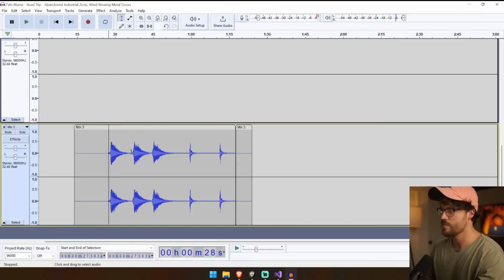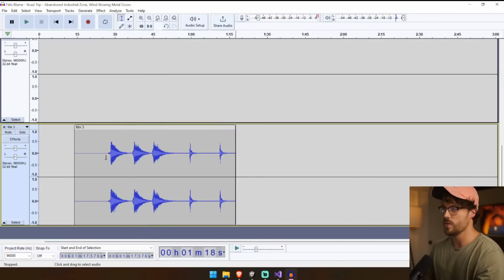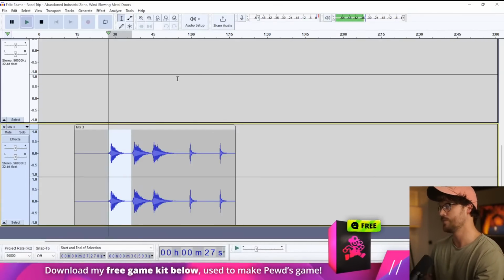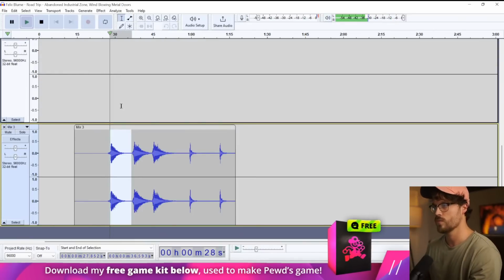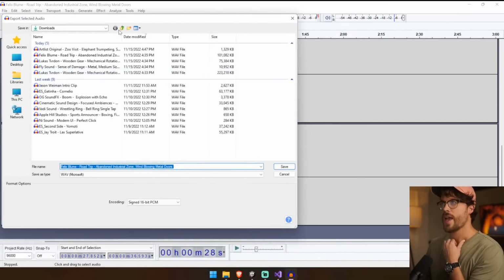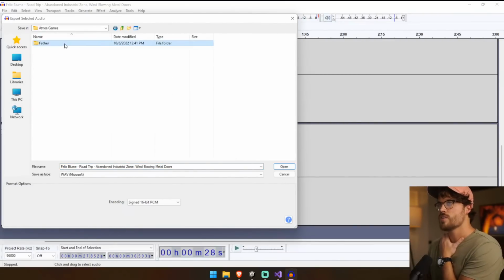I love this. Maybe a little bit of delay. Very cool. Oh man, that's so fun. Very, very cool. Fade out. Okay, we're going to export that selection. And we're just going to save it inside of our project so that we can use it